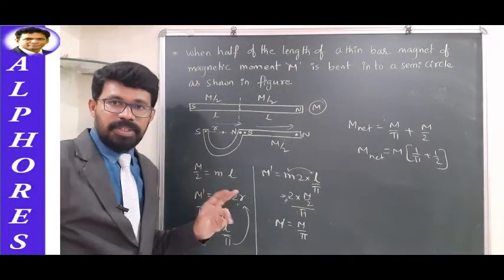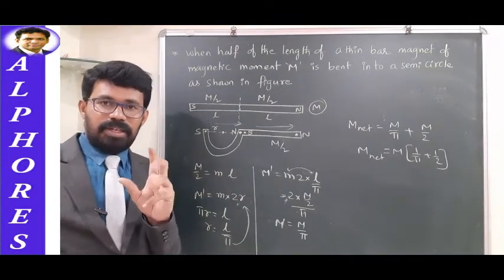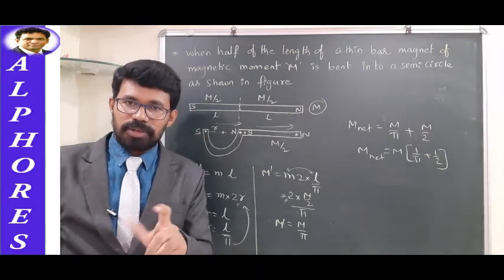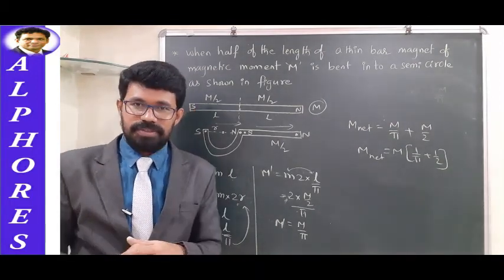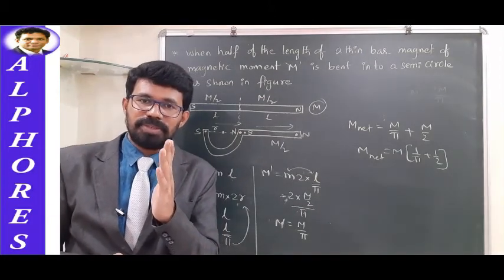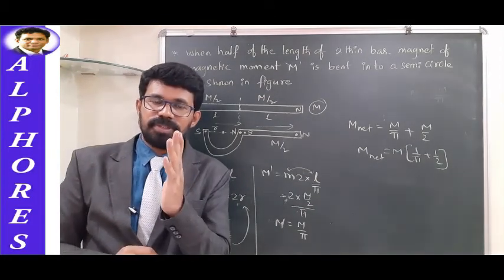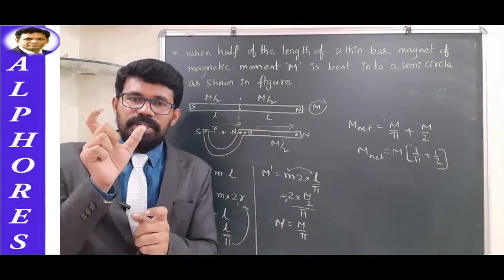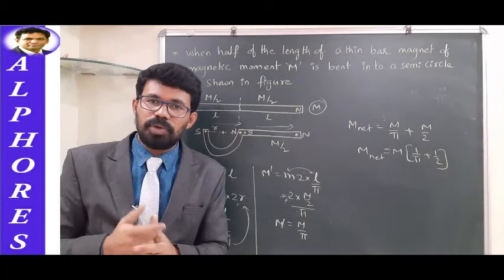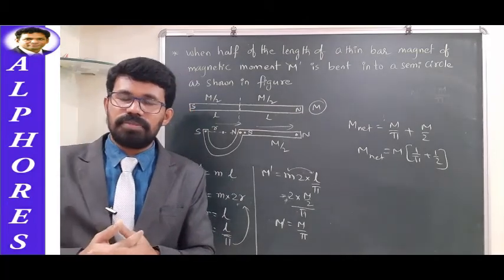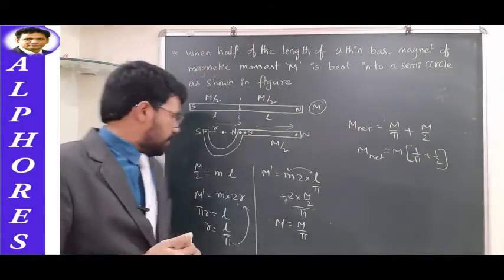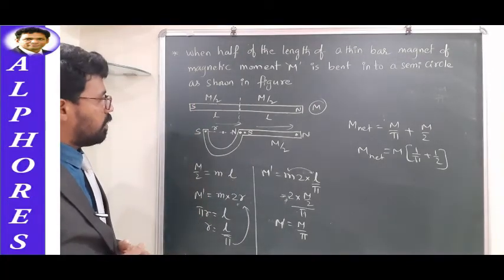See, a magnet's length or an electric dipole's length will be taken as 2L or 2R. It is just for convenience, because all the time when we make measurements from the center of the dipole, if the length is 2R or 2L, half of the length of the dipole will be equal to L. So that is very convenient for us to handle the derivations and all. So that's how you are supposed to handle it.